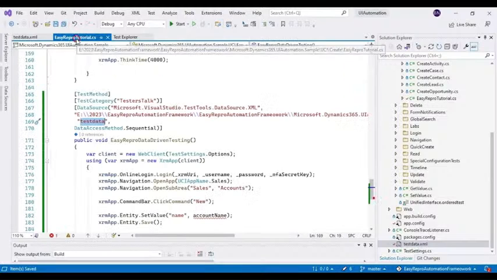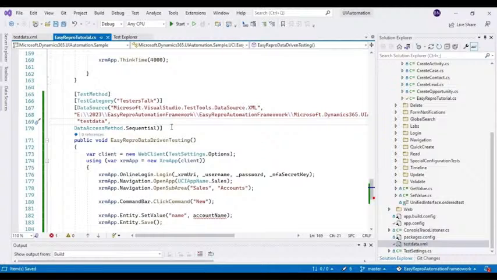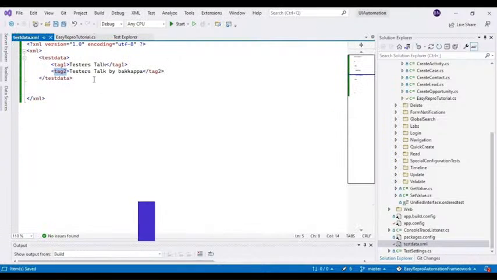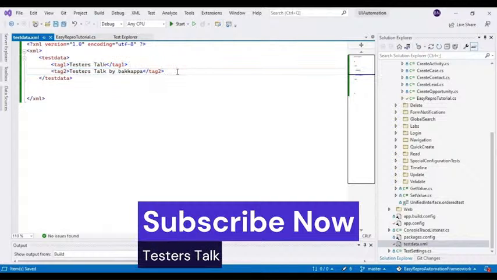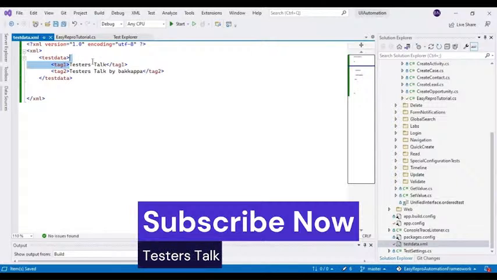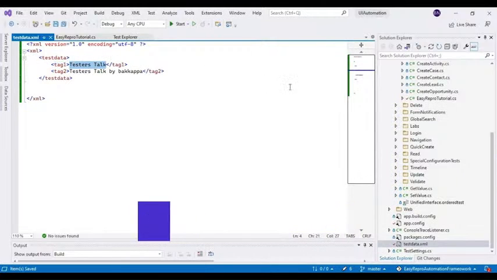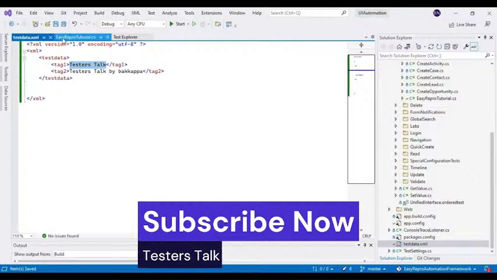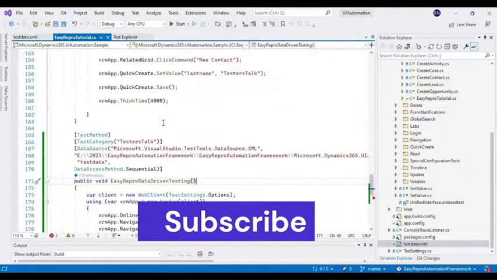So again I will go to our test method. Now we have already created a connection with this particular XML file, and also identified from where to pick this particular test data. So we need a mechanism which will get the particular test data from this XML file. For example, if I wanted to read the test data of tag 1, how do I get this particular value? For that reason, what you need to do is define